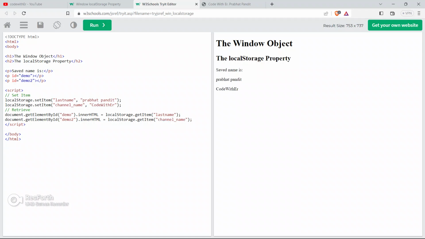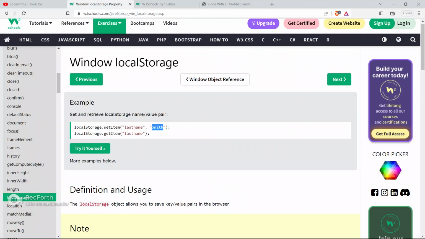Paste it here, run. As you can see, last name is Prabhat Pandit and channel name is Code with ER. So we are getting the value here.